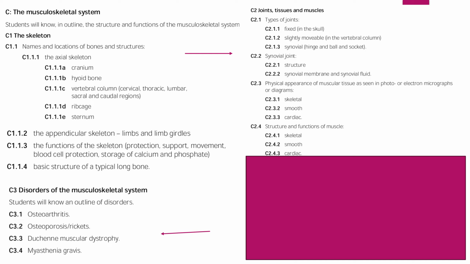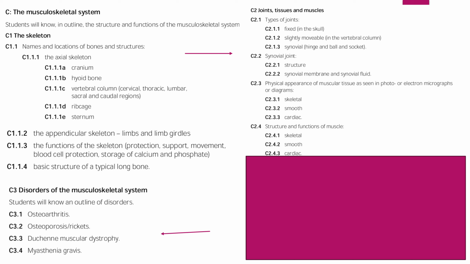Students will know an outline of disorders: osteoarthritis, osteoporosis or rickets, Duchenne muscular dystrophy and myasthenia gravis. C2, joints, tissues and muscles, types of joints: fixed in the skull, slightly movable in the vertebral column, synovial, hinge